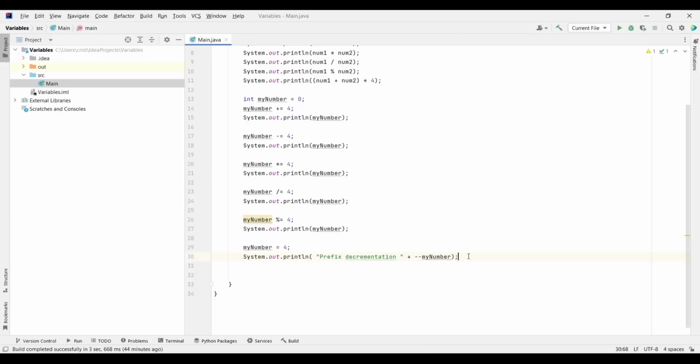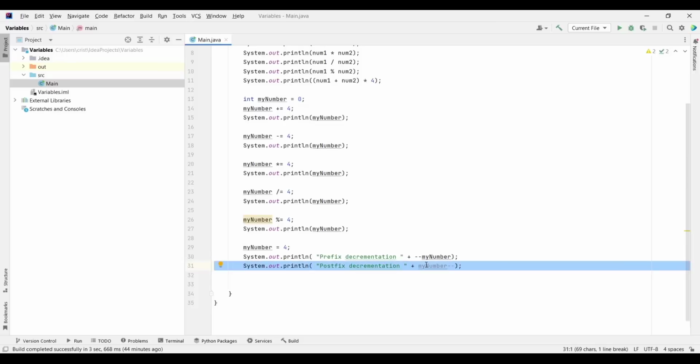So this is what we should say. So let's press Ctrl D to type here prefix, also decrementation, but not prefix, but postfix. Postfix decrementation, and let's change this to minus minus, and let's duplicate this line of code 2 times,